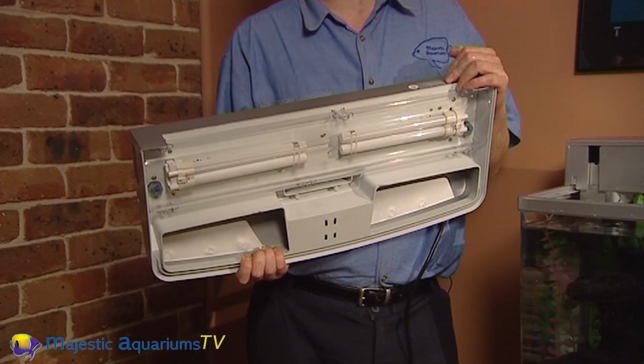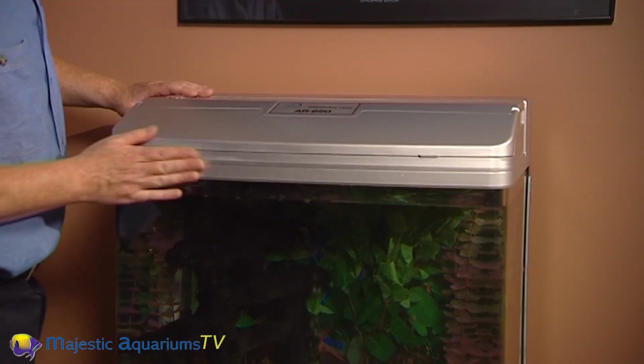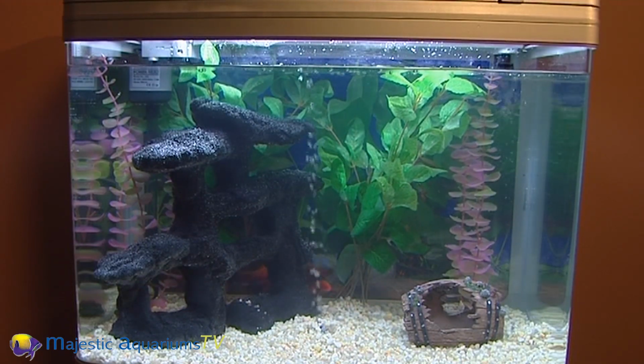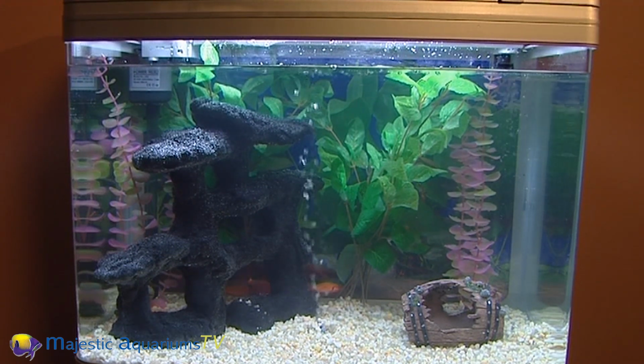Now all we've got to do is add the lighting on the top of the aquarium. Because this is an all-in-one model, the lights are built into the hood. Now there are also different types of tubes available, which will render different colours to the aquarium. As far as the goldfish are concerned, which one you choose is really up to you, what colour you like